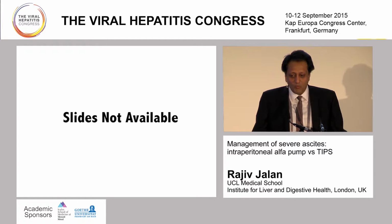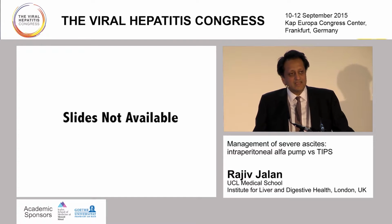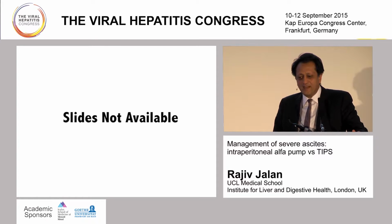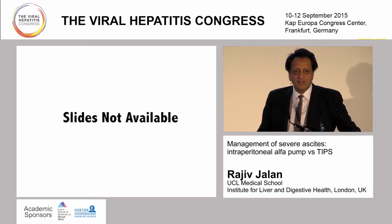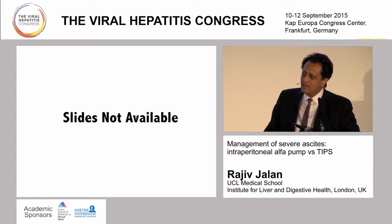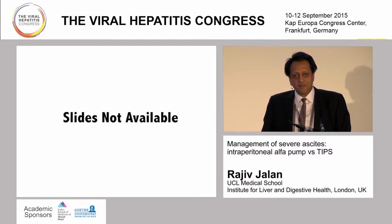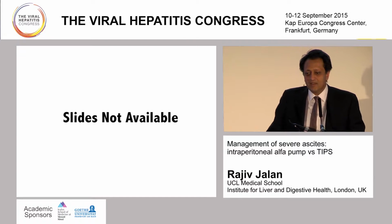And so therefore, what we have at the moment available to us is paracentesis. And I just thought that I would illustrate this talk with the first patient that we implanted the pump into in order to put the story into context. So this is a young chap who has got alcoholic liver disease, who's also had hepatitis C virus infection, which was treated with interferon. He was HCV-RNA negative, but has decompensated cirrhosis manifested by diarrhea, intractable ascites requiring 2-week paracentesis. And as I said to you, this patient has a MELD score of 11. He has had one previous episode of hepatic encephalopathy, which required hospital admission, so therefore he's not really a candidate for TIPS. And so therefore, we inserted an alpha pump in